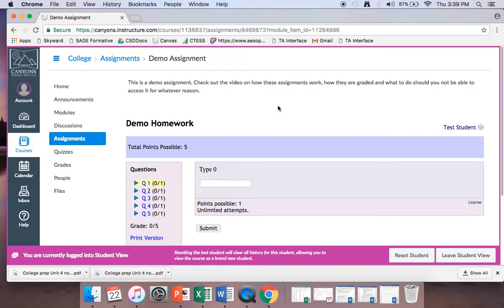The assignment sheet you have has all of the alternate assignments for the whole year. If your Canvas does not work, then that homework assignment is due the exact same day as this Canvas assignment would have been due. So, for example, say we were actually doing this demo assignment, and it was due on